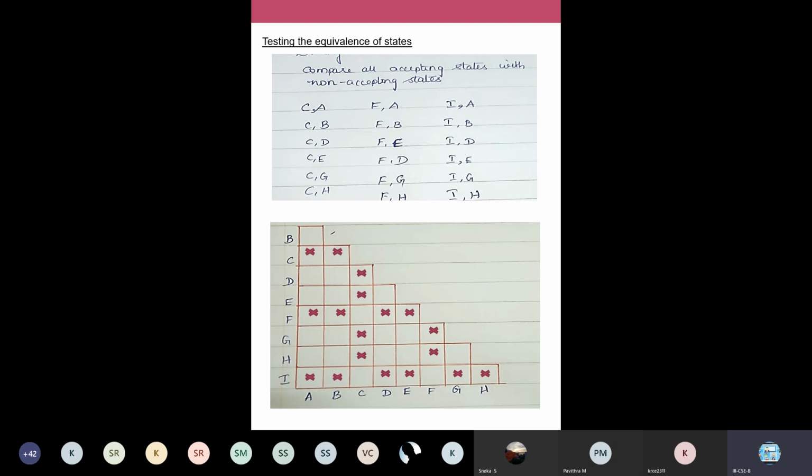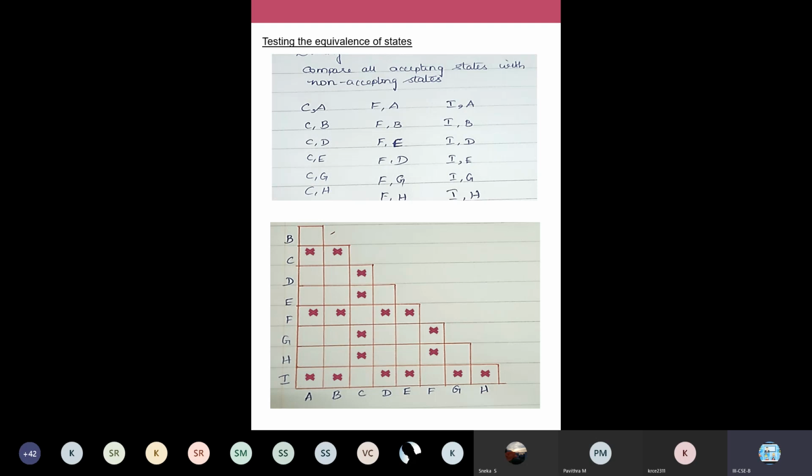So now you go and mark an X in the place of C and A. In row C and column A, you mark an X in your table. Already you have drawn a table, is it not? In that table, you draw an X mark for all these combinations, CA and then CB, and then CD. CD, where is CD? You go and search C and D. So here you're having a C here and D here. So in CD, you mark an X. And then CE. So C followed by E, mark an X here.